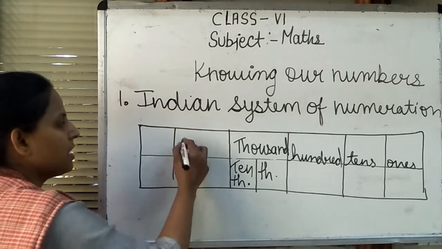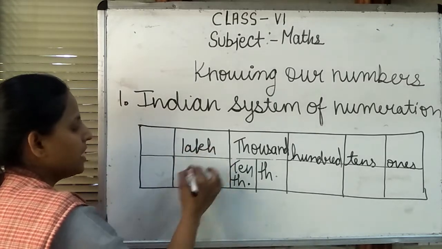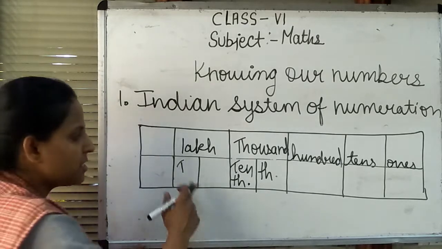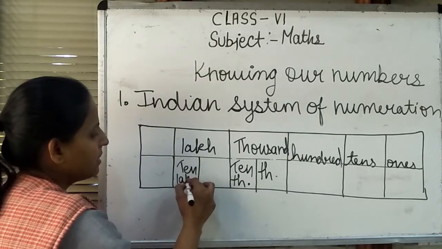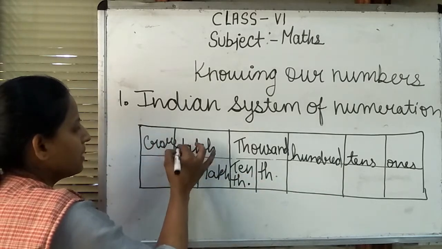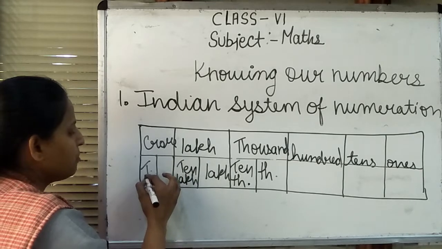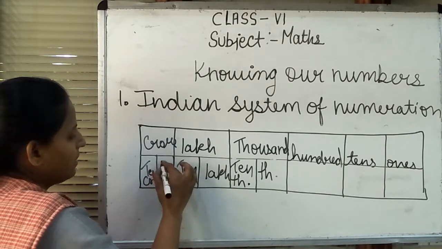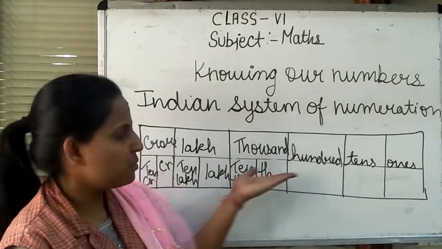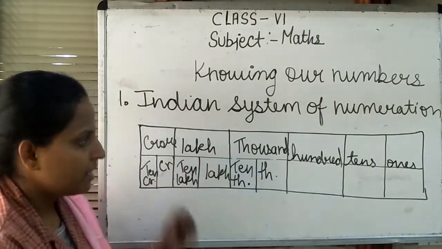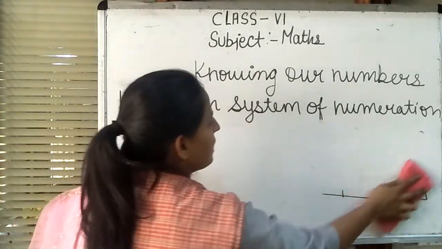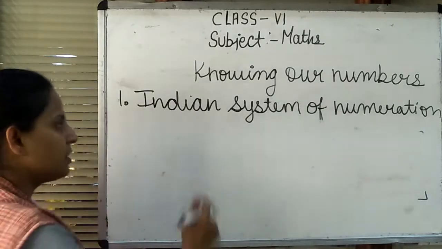Now we move again. How does the left place come? The left place is again divided into 2 parts because the next comma is put after 2 digits. So now this is the ten lakh and the lakh. And after the lakh we have the crore, and the crore box is again divided into 2 parts, like the ten crore and the crore. Yeah, this is the right method. These terms are used for writing the names of the numbers. Now an example: how to read the numbers, like how to write the name of the numbers.